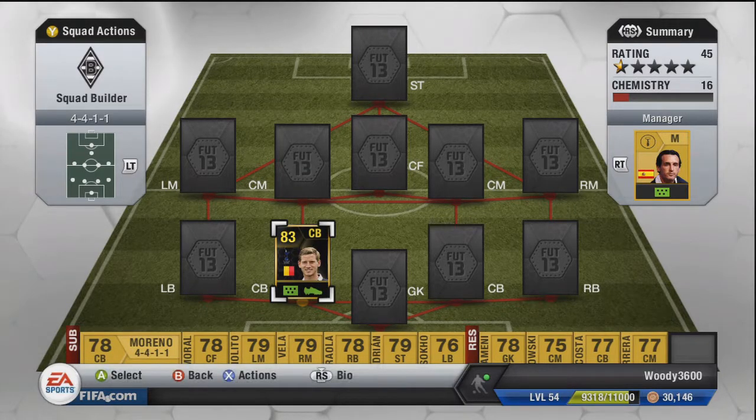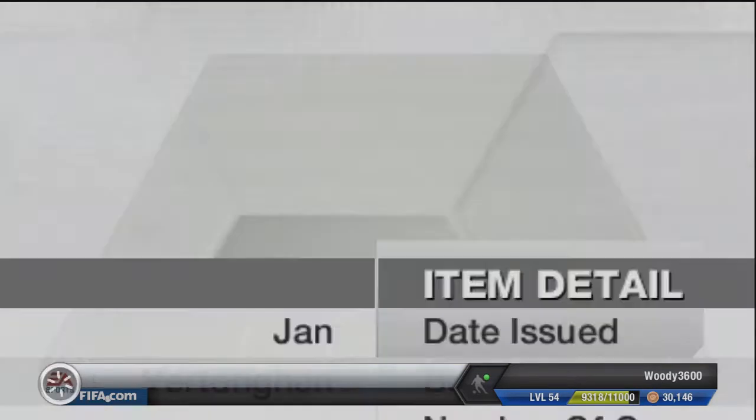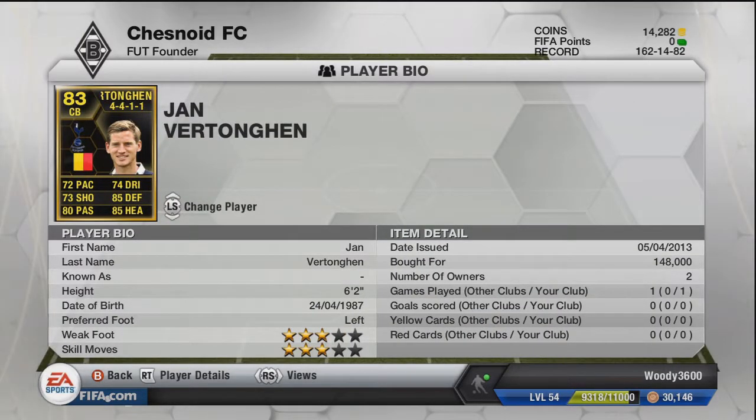Chaz back again with some more Ultimate Team, and today we've got something a little bit different from me, something I haven't done before. It's going to be a player review. We are going to be looking at the second inform Jan Vertonghen. Obviously, trying to do a defender for my first player review probably wasn't the smartest of moves, but I did